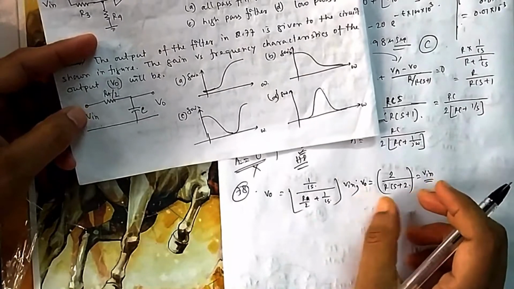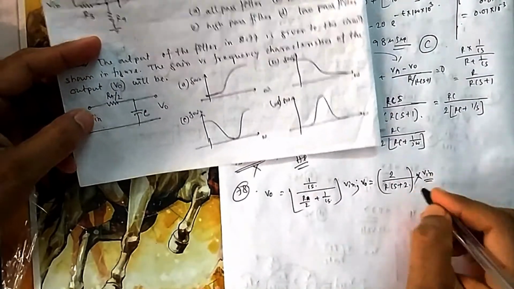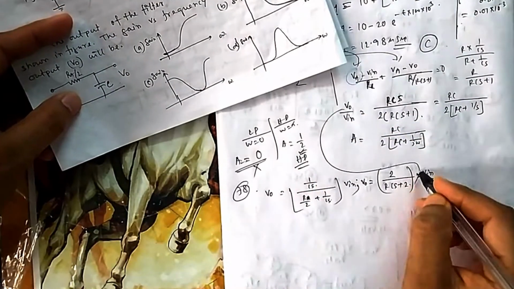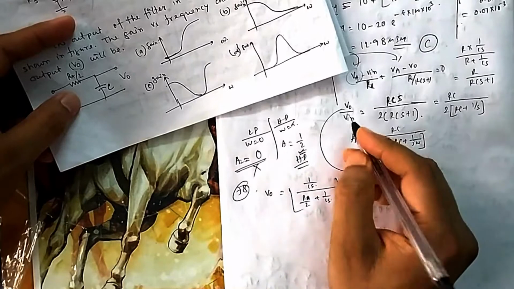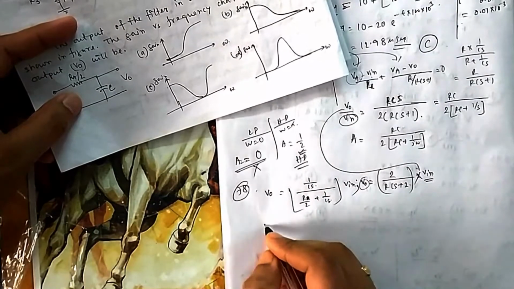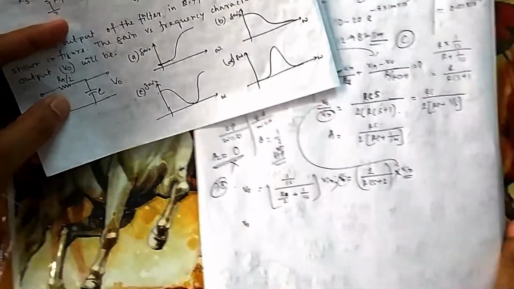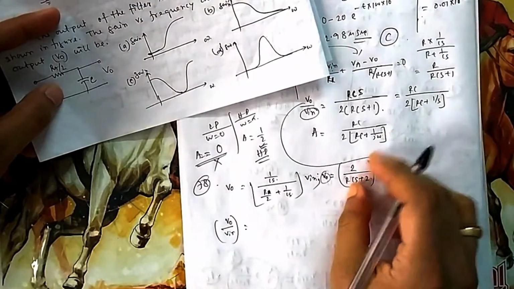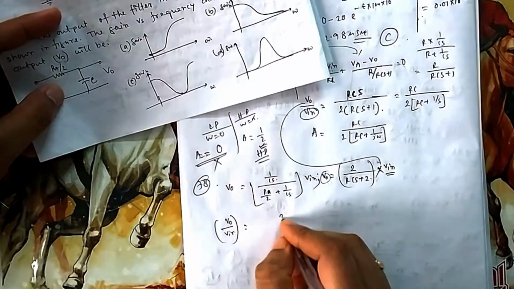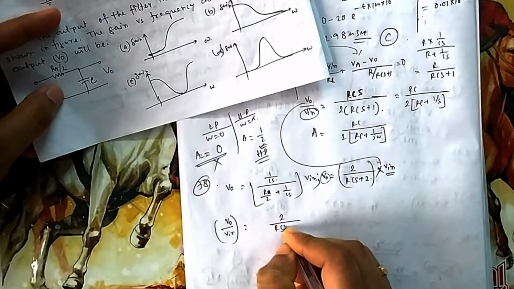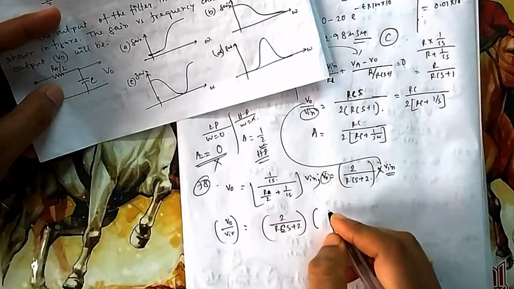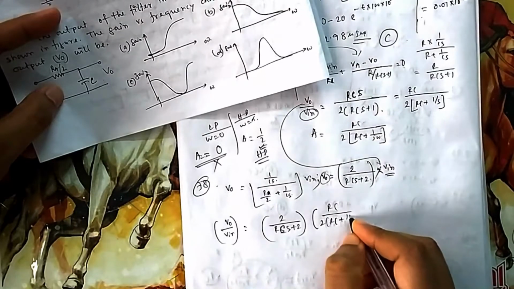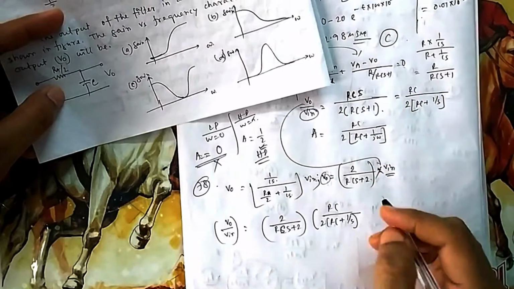So what is this Vin? Vin is that V output. This Vin is the output of that one, which will come here at the input. The final input is this one, the final output is this one. So what is your final output? Your V0 by Vin, because if you put it there, finally this gain and this gain will multiply. So 2 by RCS plus 2 will be multiplied by RC by 2 into RC plus 1 by S; you can also write it this way. This one I have written. Okay, no issue.